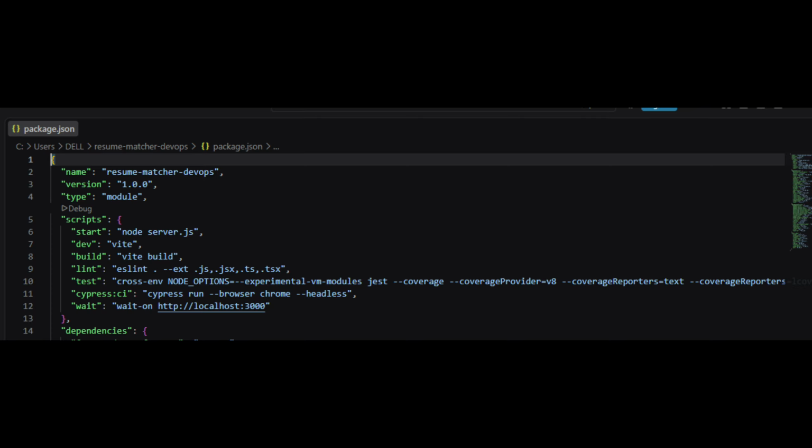Also for code quality and testing, which is our purpose: to run the test suite, that is Jest, and lint, or ESLint. As you can observe, it has a scripts section. It has start, which is node server.js; dev, which is vite; build is vite build; lint is eslint . --ext .js,.jsx,.ts,.tsx, meaning extensions. Test, that is cross-env NODE_OPTIONS experimental-vm-modules jest, coverage provider v8, coverage reporters text, coverage reporters lcov,